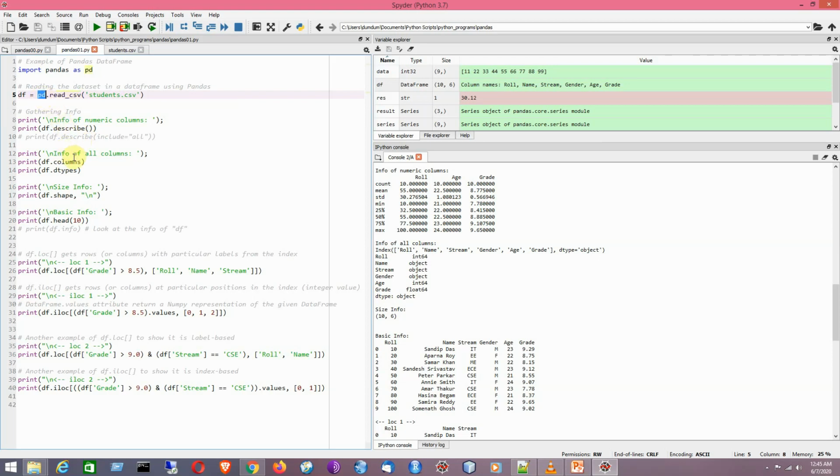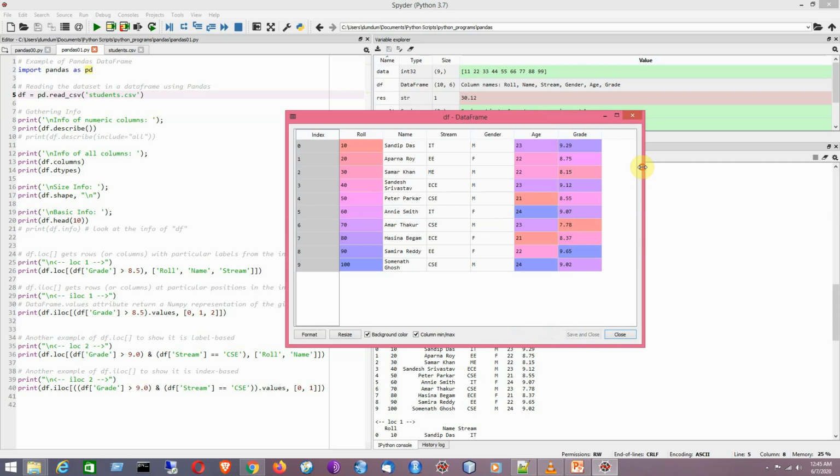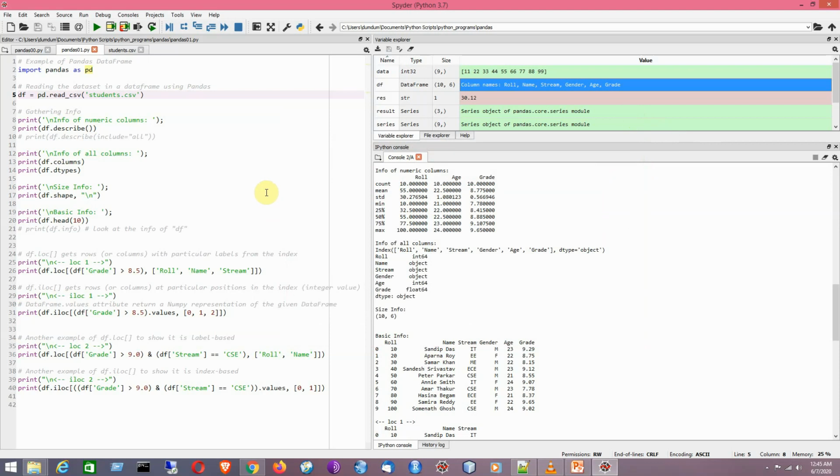Now we check some numerical information about the numerical values in the table. Some columns have numeric values, like roll number, age and grade, so we can perform statistical operations based on them.